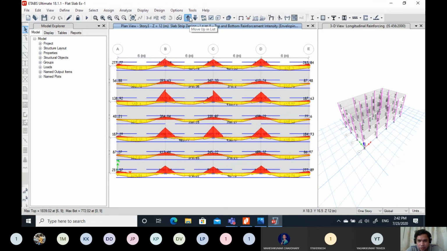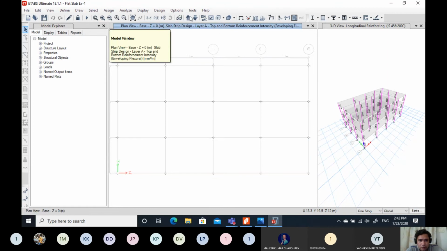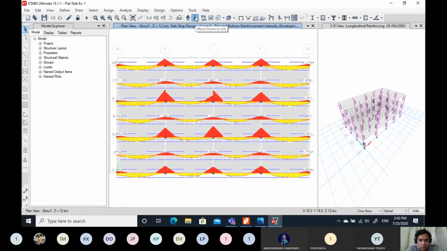Let us move to another story. Let us say the intermediate story, because in the intermediate story we will have the effect of column above and column below, which will be the same case as we have calculated manually. If we take the upper story, then there will be different stiffnesses because there is no upper column in the top story.